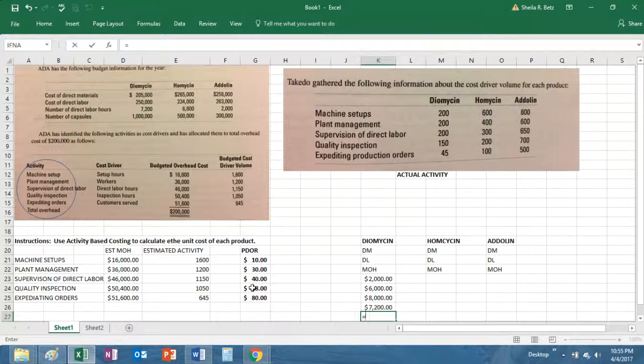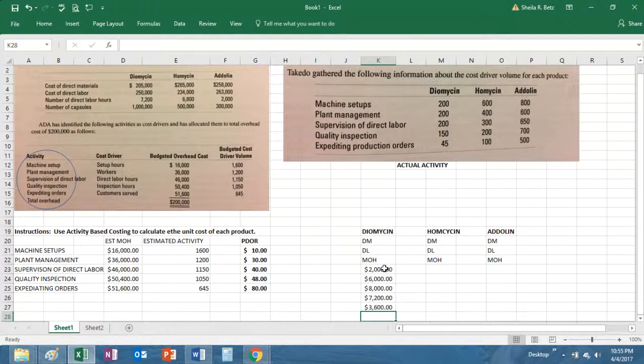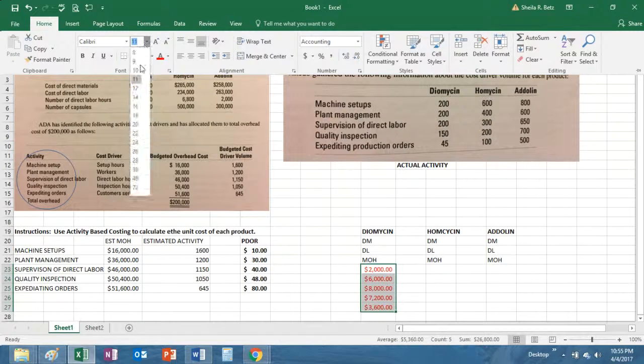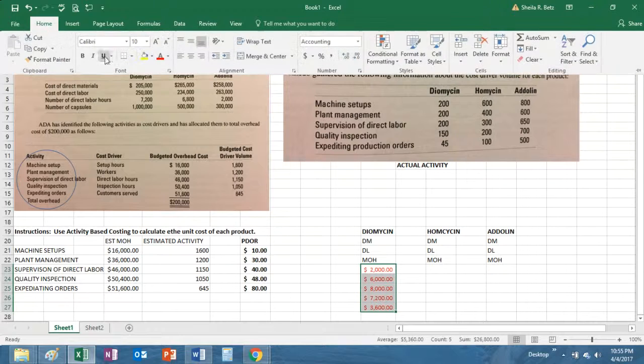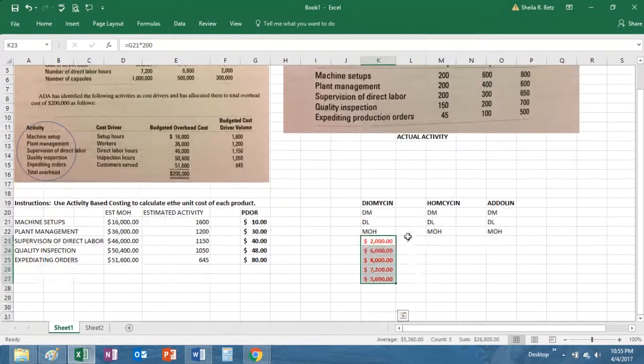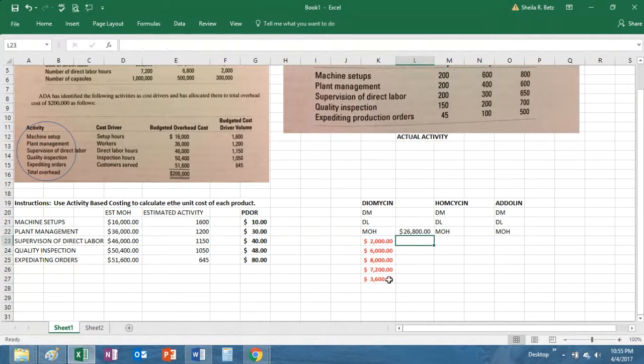And then finally, we had a rate of $80 for every customer served, and it looks like Dimosine ended up having 45. All right. So if I sum, I'm going to make these numbers in red and make them small. These numbers mean absolutely nothing, and that's unusual for an accountant to say, but these numbers mean absolutely nothing until they are summed up. Only once they are summed up do you have the total overhead for Dimosine, which in this case is